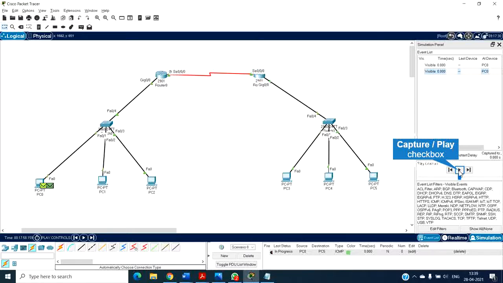PC0 to switch, from switch to router 0, which will find out where the router has to go. Fast forward a bit.